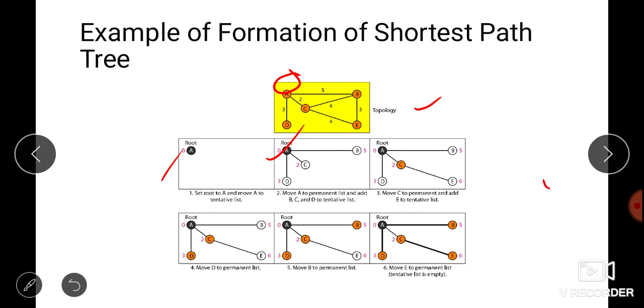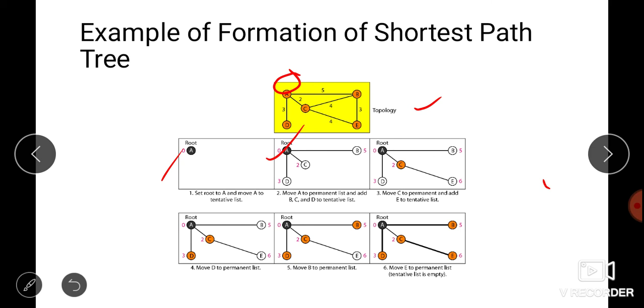Then node C has the shortest cumulative cost from all the nodes in the tentative list. So we move C to the permanent list, and node C has 3 neighbors here, but A has already been processed. So we will take only unprocessed nodes, which are B and E. However, B is already in the tentative list with a cumulative cost of 5, but node A could also reach B through C with a cumulative cost of 6.